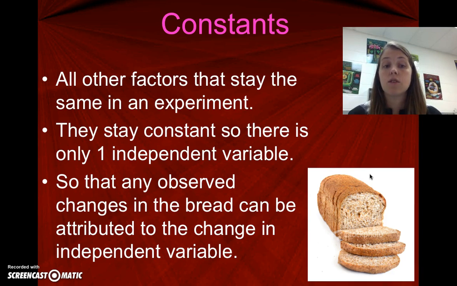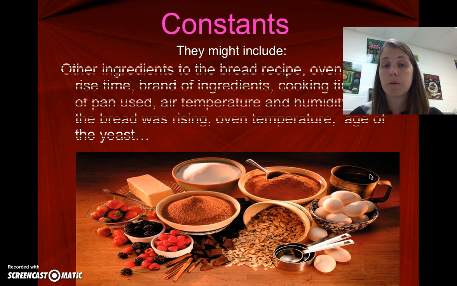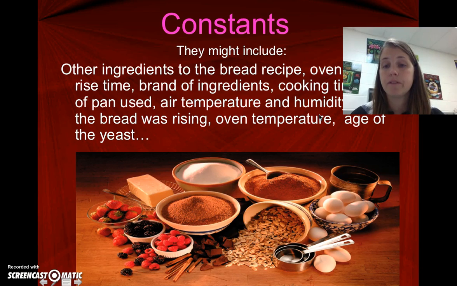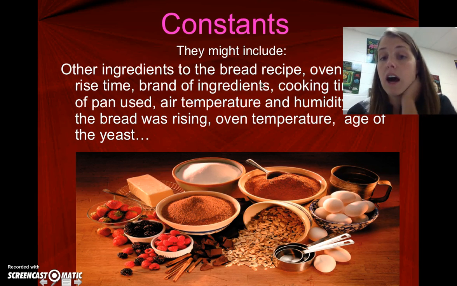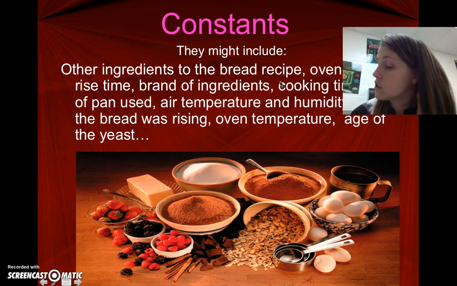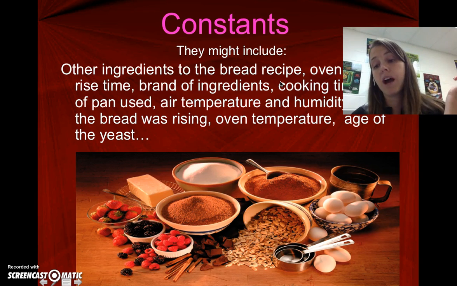They stay constant, so there is only one independent variable, and so that any observed changes in the bread, so any growth or shrinking in the size of the bread, can be attributed to the change in the amount of sugar, or the independent variable. Examples in this experiment might include the bread recipe. So he needs to use the same recipe every time he bakes bread,